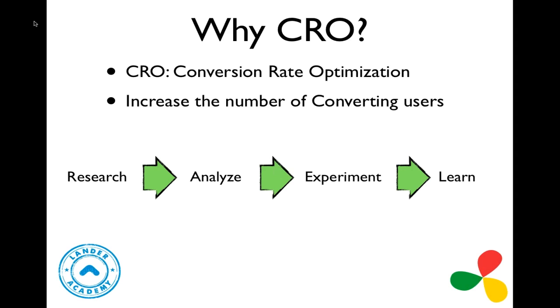The problem is not experimenting anymore, and thanks to tools like Lander, now experimenting, doing tests, doing A/B tests is so easy. Most of you are already customers of Lander. You know how it works. You create a landing page within minutes. You create a variation. You design the best experiment for your hypothesis, and there you are, running it and putting your hypothesis to the test. The problem that you have is what to test,